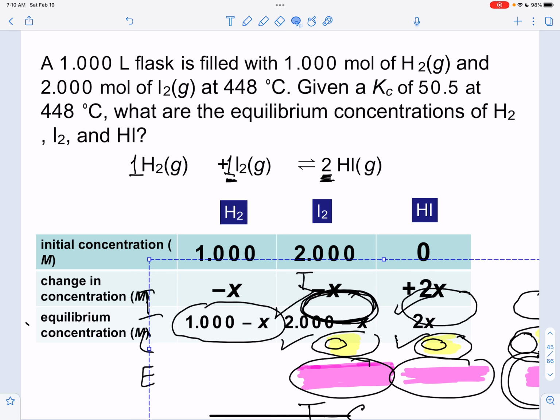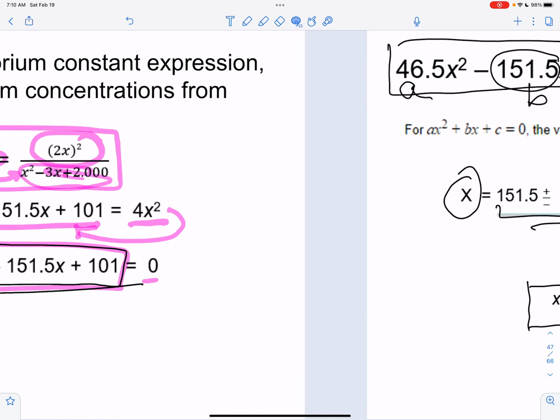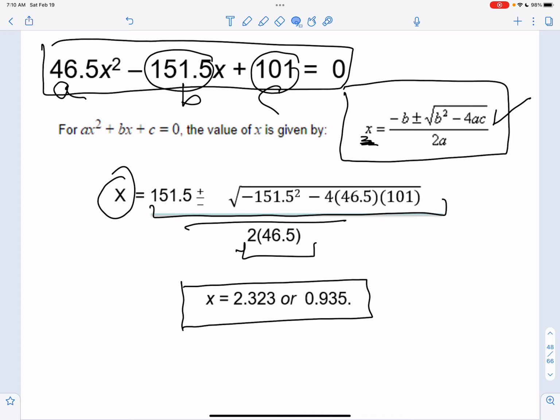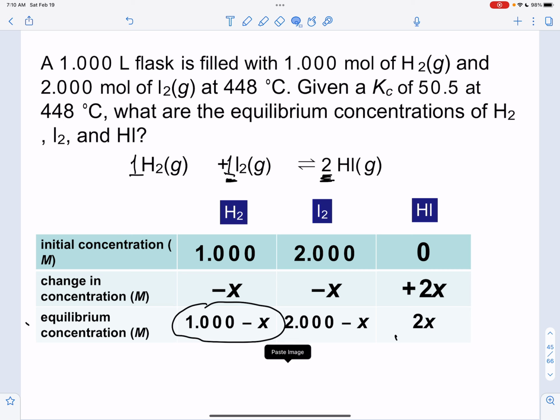Oops, wrong one, sorry. So let's go back to the values we got from the quadratic expressions. So those were those values in there. And when we go back to the actual chemistry, this is what we have. We have a molarity of 1 minus x. That should give us the